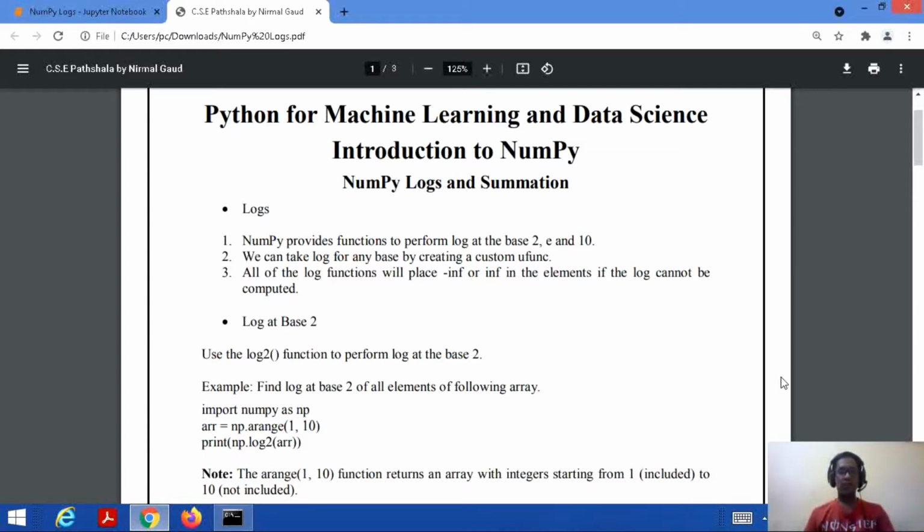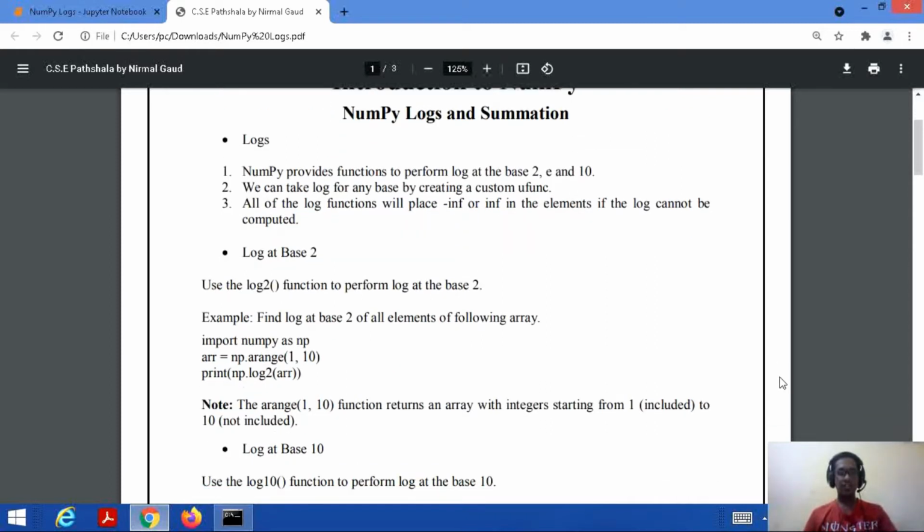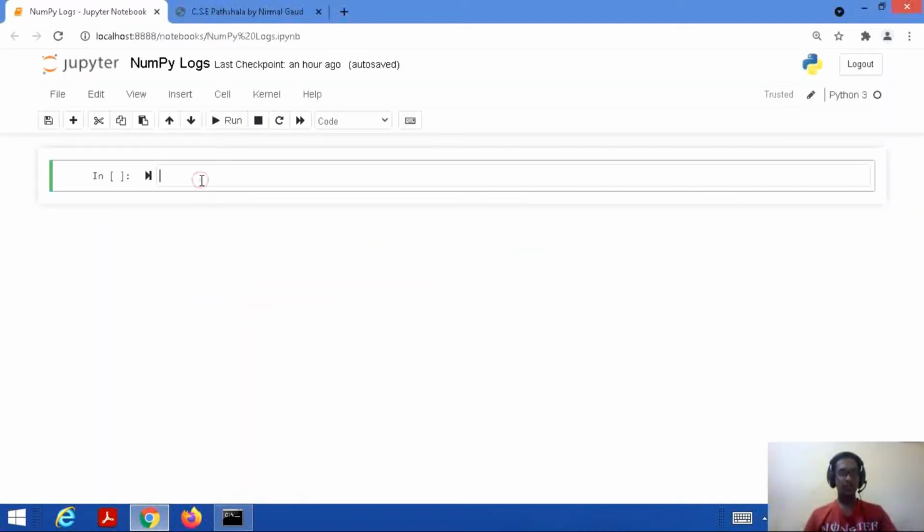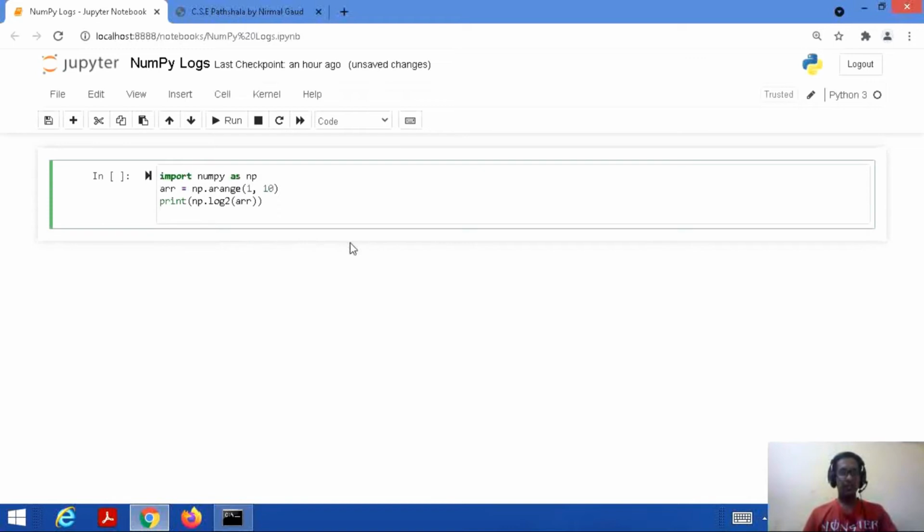Let's consider the first thing, that is log at base 2. If we want to calculate the log to the base 2, we use a function like log2. Let's consider an example and implement it on Jupyter Notebook. Import numpy as np, arr equal to np.arange(1, 10).